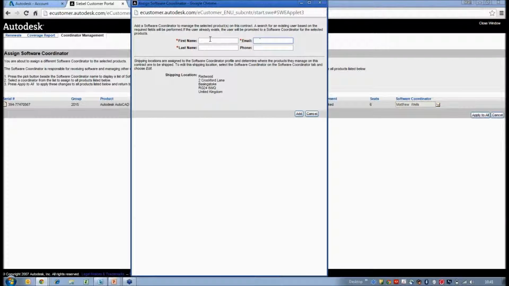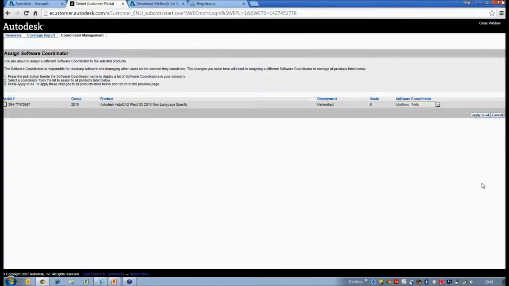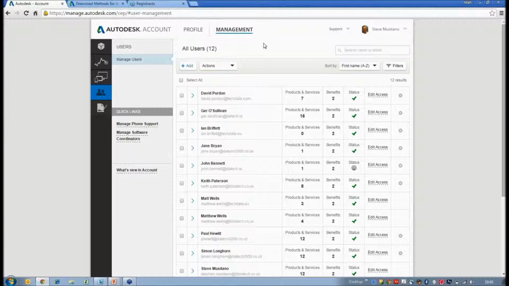Now, in theory, there's probably no harm that you could create an alias. So it could be CAD manager at companyurl.com if you choose. Just make sure that the email address is accessible to a lot of people, so that you can get hold of password resets and things like that, and then go through that add process and cancel. Well, I'm going to cancel out of here. Let me close this section down. Okay, so